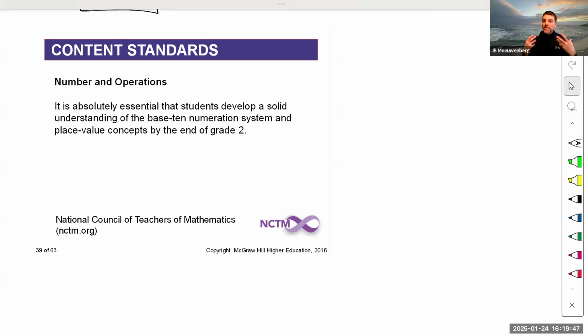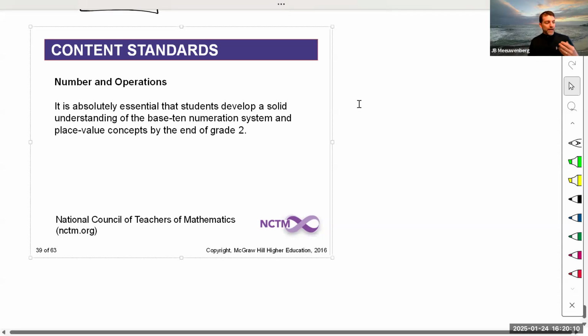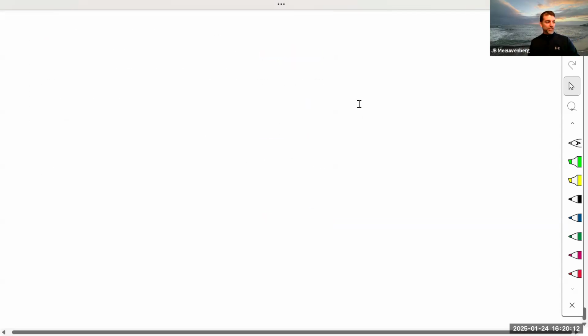Grade 2. Kids learning mathematics must have a solid understanding of the base 10 numeration system, okay? By end of grade 2. So that's early. So they have to understand this positional value. And so we are going to talk about base 10 numeration system now